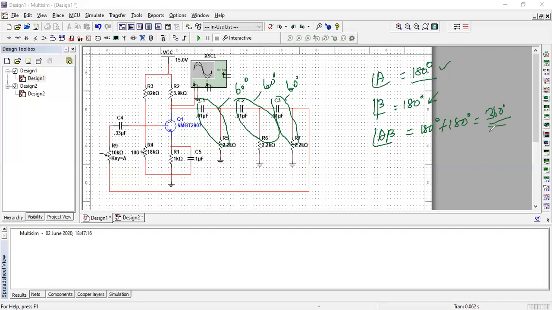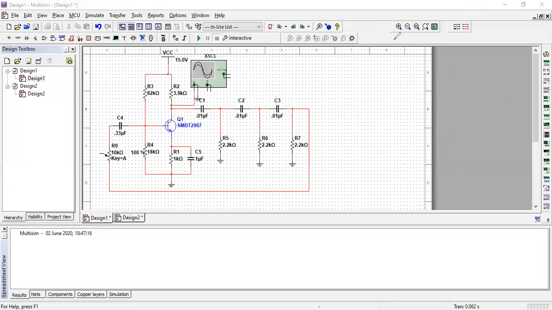Okay. When these two conditions are satisfied by this circuit, it can produce an undamped oscillating signal. Here the RC phase shift oscillator can produce a sinusoidal signal. The frequency of the sinusoidal signal is based on the feedback network. So based on the values you use in the feedback elements, we can decide the frequency of that oscillating signal.